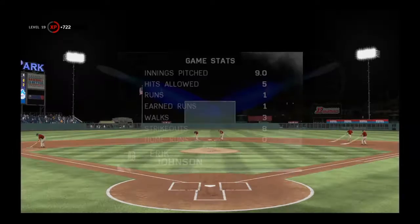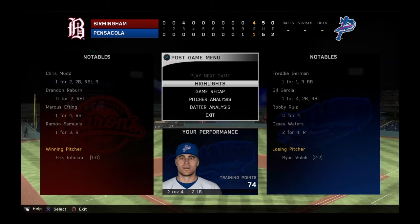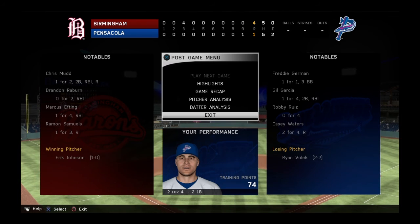Well, you always hope to get a good outing from your starting pitcher, but this man went above and beyond in this one. He's our top player of the game. Yeah, just the 1 run allowed, but